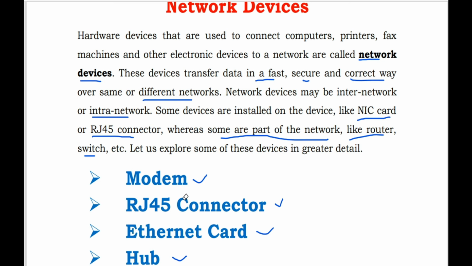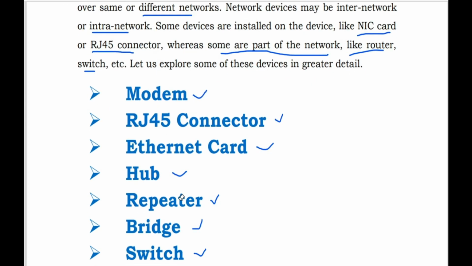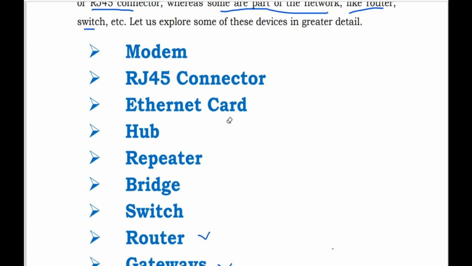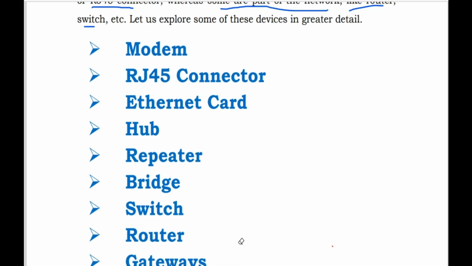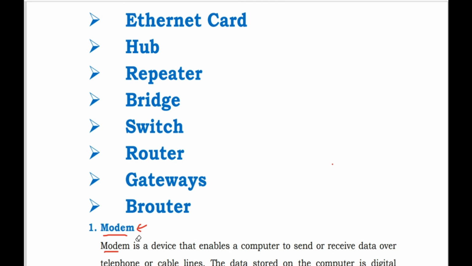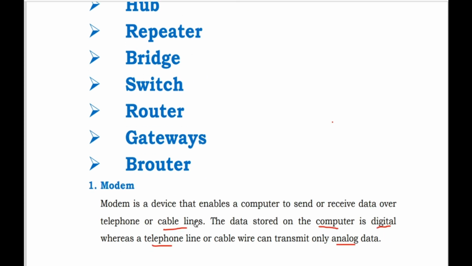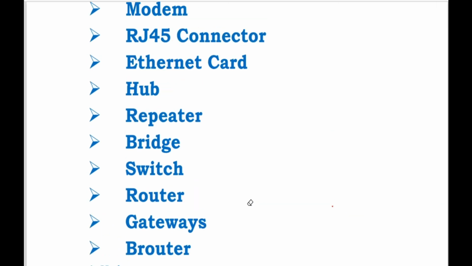Some of the devices that we use in networking are modems, RJ45 connectors, Ethernet cards, hubs, repeaters, bridges, switches, routers, gateways, and B routers. So this is all about your networking devices.